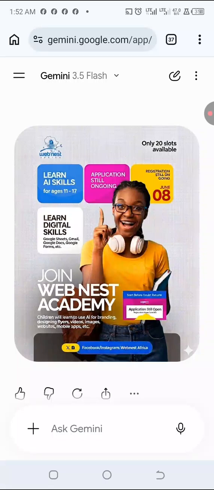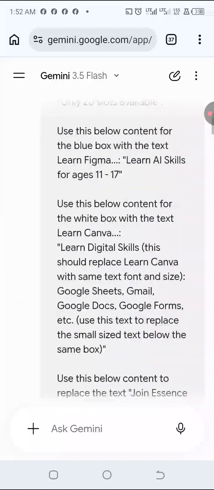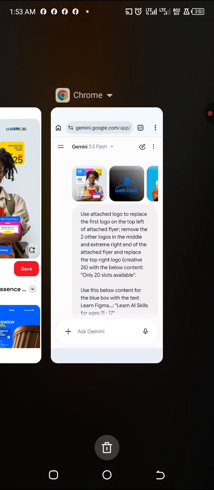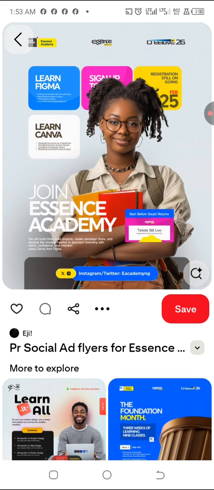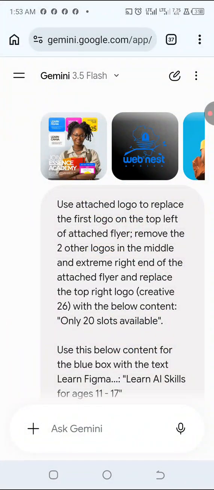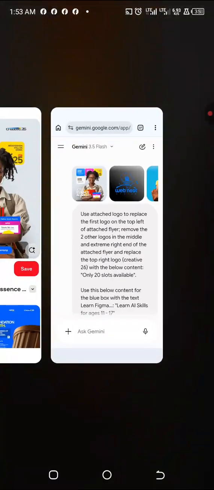All right, so now how did I do that? Now you can see I told it to use attach logo to replace the first logo on the top left of attached flyer. Remove two other logos in the middle and extreme right. This is what I'm talking about. This is the instruction I gave it. These are all this information. I want to replace something there, right? So I'm saying use the attached logo, which is Webnest logo, to replace the first logo on the top left,